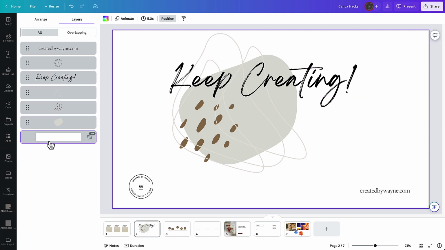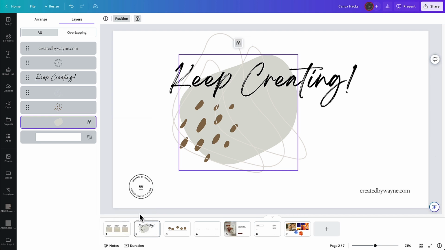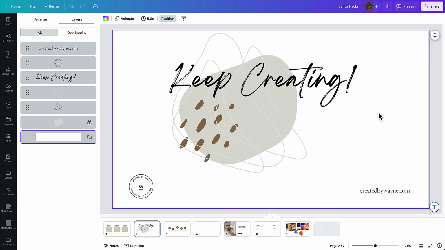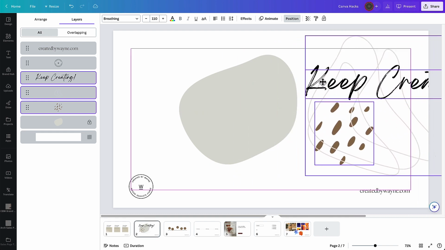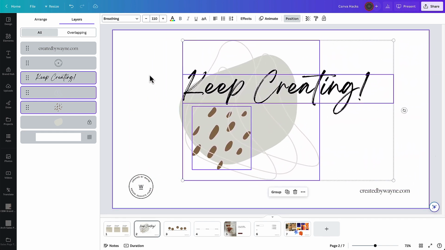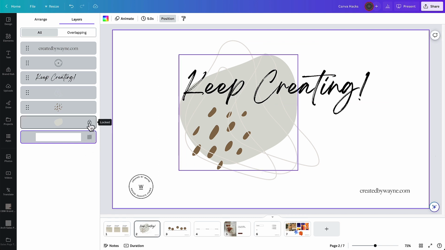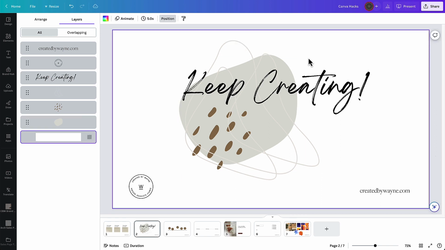The easiest way to do it is to just go to these layers on the left-hand side, click on the three dots and click to lock that layer. All that means is that for now that layer is locked. So I can click and drag and select everything here and move it, and that layer will stay where it is because I can't select it because it is locked. I can very easily just click on the lock shape again, and it will then show the lock on the element, and I can click to unlock it, and then it's back to being movable like all the others